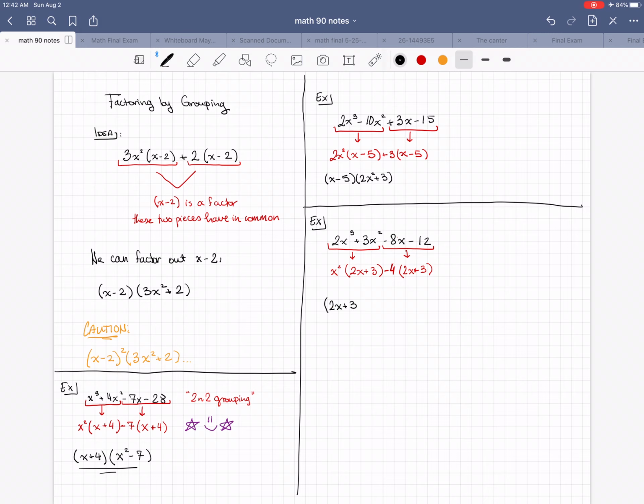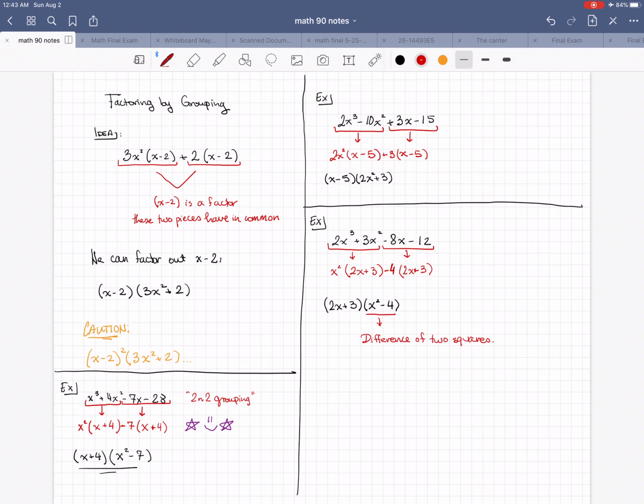And we're left with 2x plus 3 times x squared minus 4. Now, as it turns out, and I wanted to make sure to do one example like this, x squared minus 4 is what's called a difference of two squares. I'm not going to make a huge emphasis on this because as much as I'd love for you all to know what differences of two squares are,